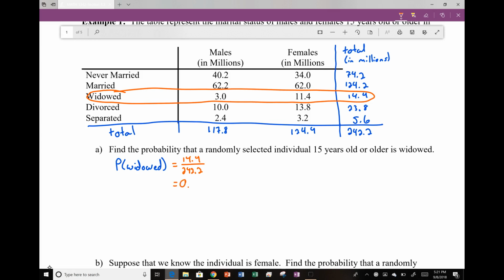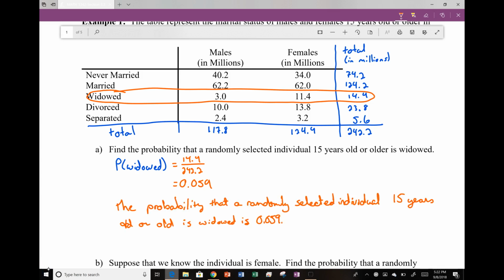I divide this out and I get 0.059. So the probability that a randomly selected individual 15 years old or older is widowed is 0.059, 59 thousandths. Again, the probability that a randomly selected individual 15 years old or older is widowed is